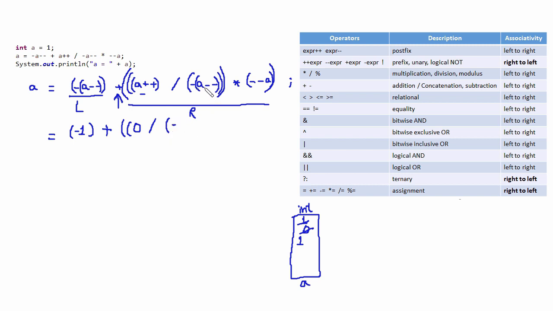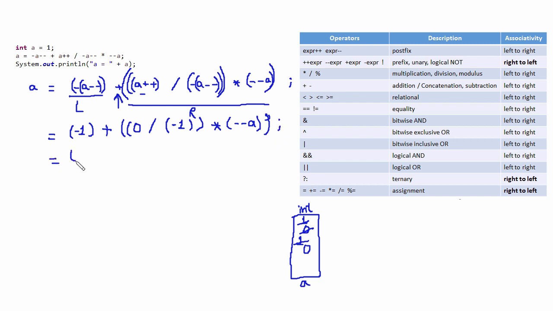So minus a, the current value of a is 1. This is a post decrement operator. So first use the value. So we'll use 1 and then go and decrement the value of a in the memory. a will become 0. That is minus 1, and this bracket, the multiplication operator, minus minus a,